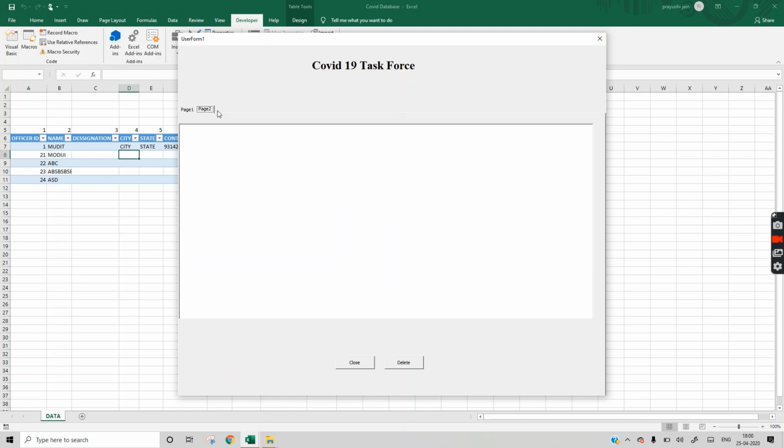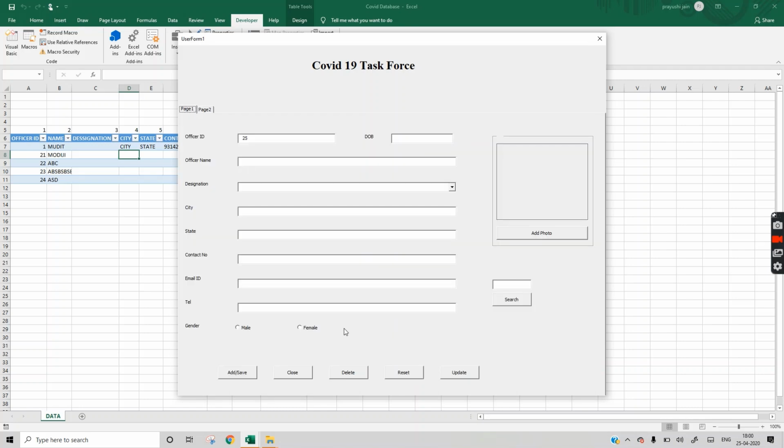Now we will do the coding of page 2, the list. We want to show this data in this list box. We have also not done the coding of the close button and delete button of this one. So we will copy paste what we have already created here in this close and delete button.